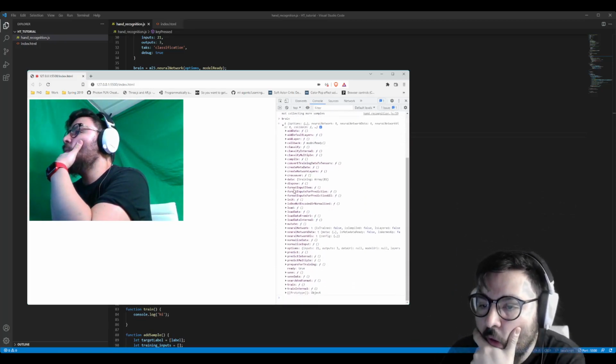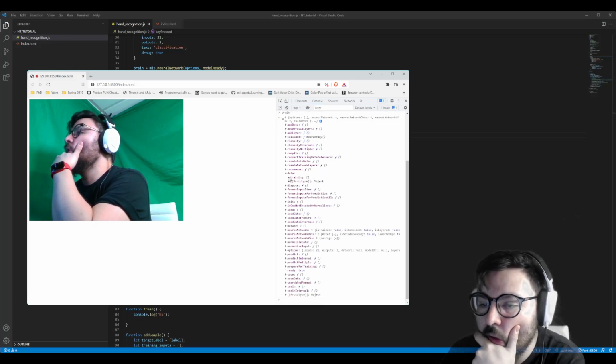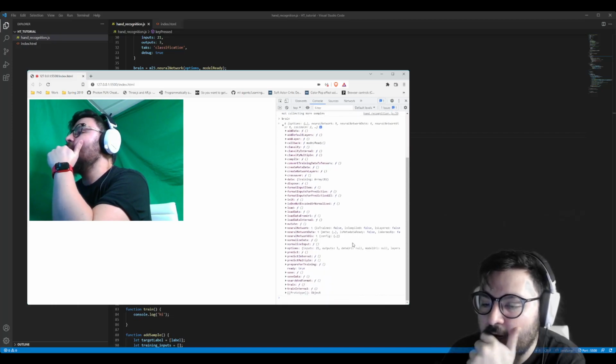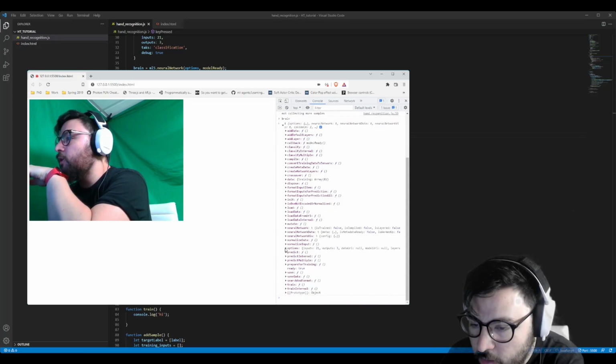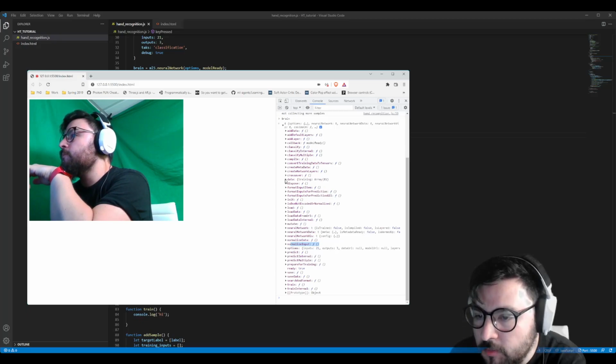There is one part where it is data. I don't remember where actually the data was collected. Well, it doesn't matter. I don't remember where it is. It should be in data,